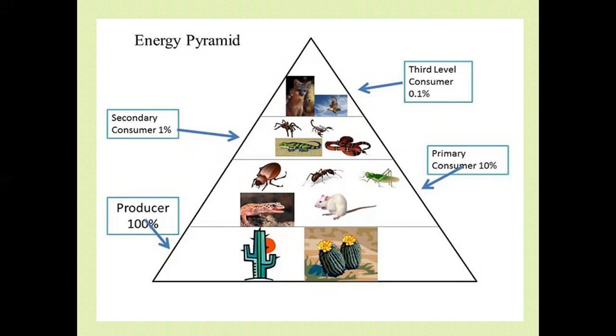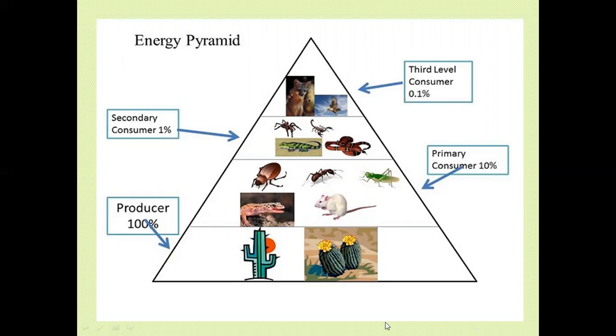Here you can see that there are 4 different trophic levels which have been represented. The lowermost trophic level is that of the producers, and the uppermost trophic level shows the tertiary consumers. The producers produce the food and they have 100% of energy with them. When these producers are eaten by the primary consumers, they get only 10% of the energy because the remaining energy has been used by the plants for their own needs.